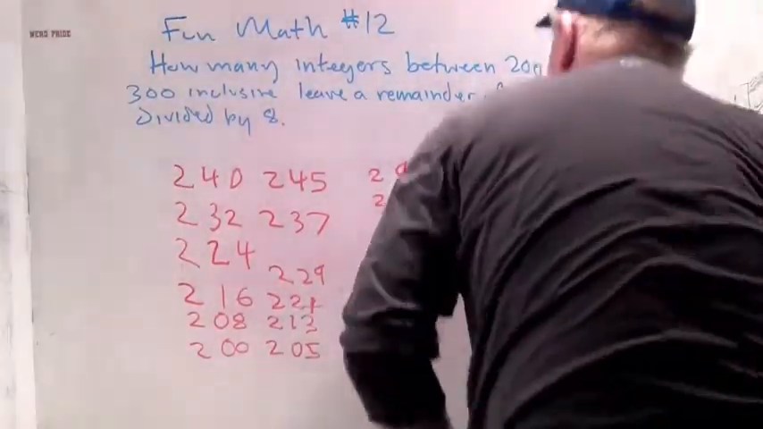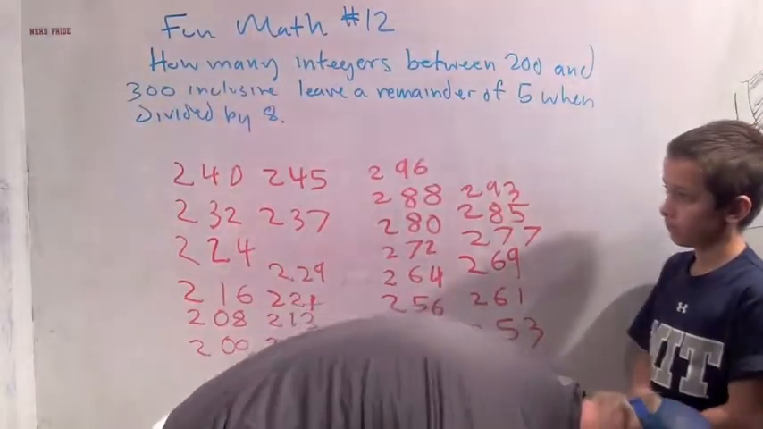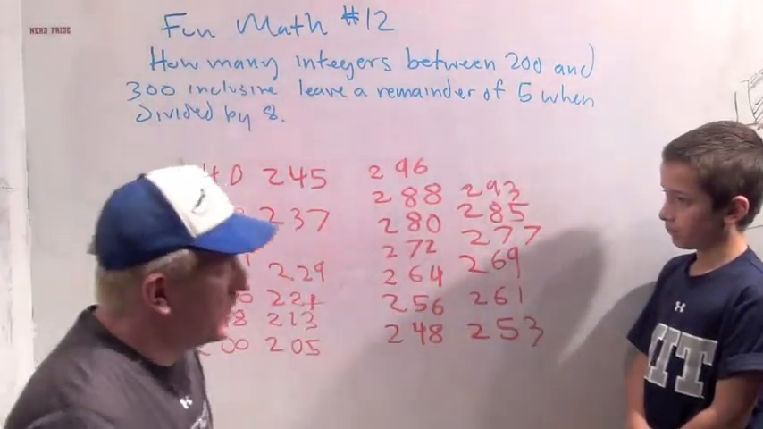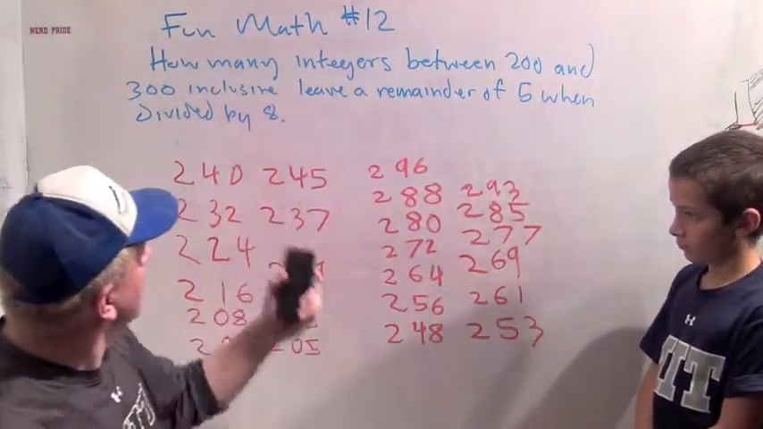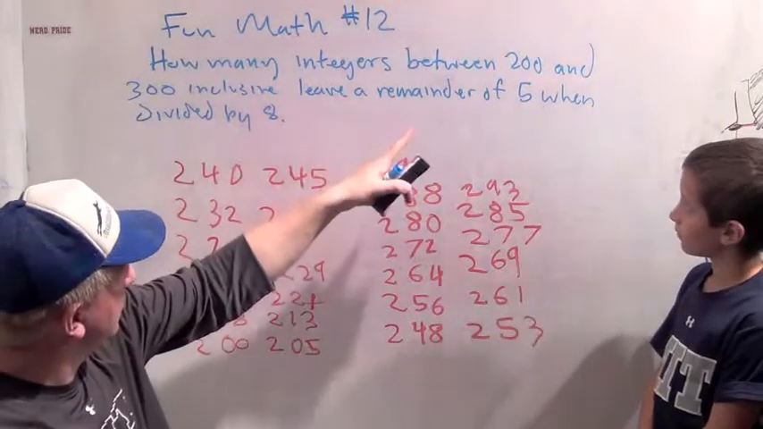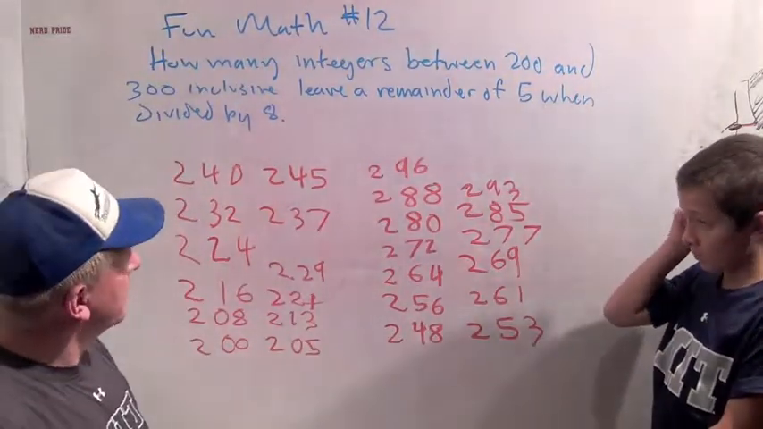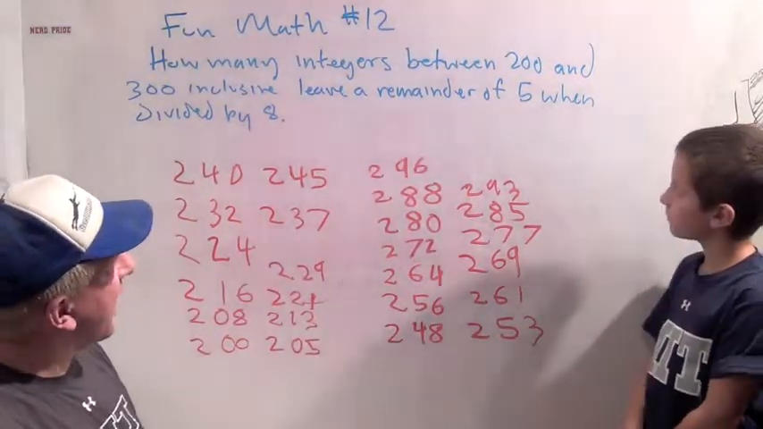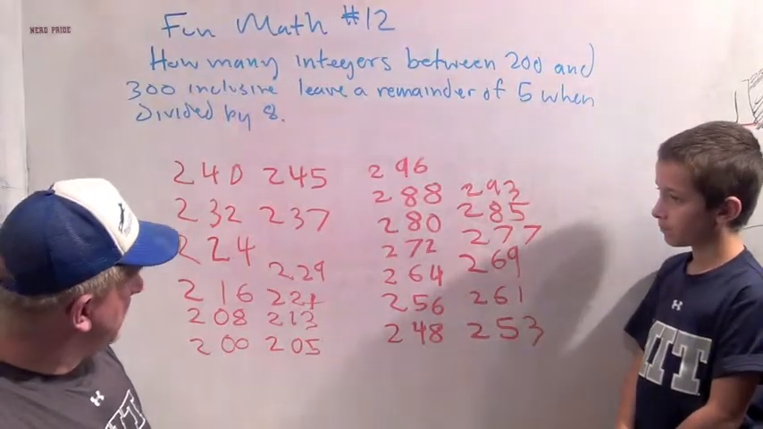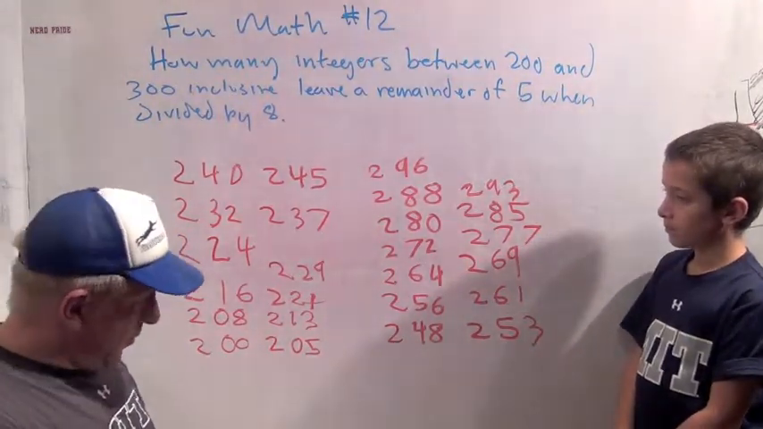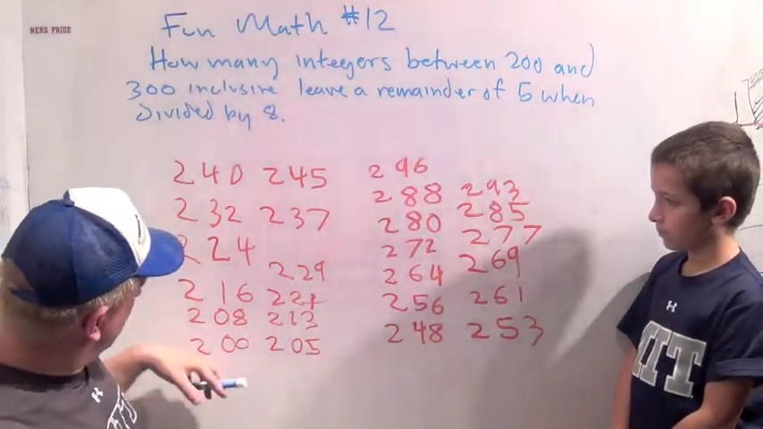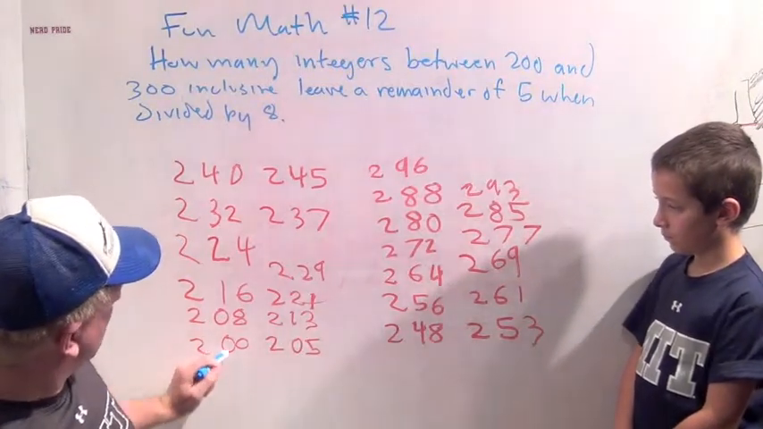Fun Math number 12. Okay, so here we had a really neat problem from Art of Problem Solving's Introduction to Number Theory book. The question was, how many integers between 200 and 300 inclusive leave a remainder of 5 when divided by 8? So the first way we solved this problem is you just wrote down all the multiples of